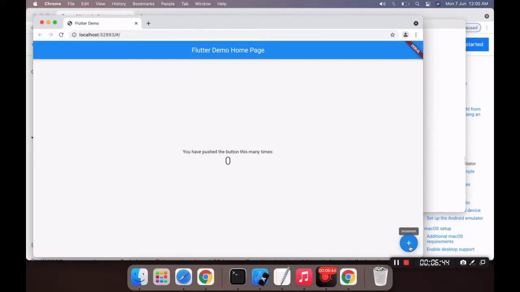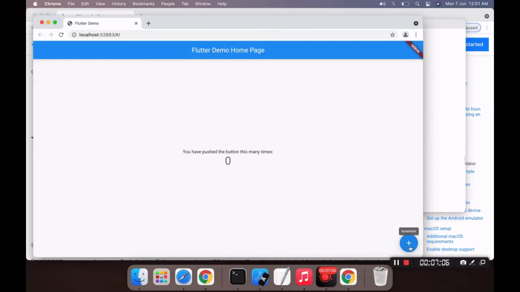But it's a great feature of Flutter to check which is the active simulator, emulator, or web. If all three options are available, then it asks you to select any one of them.